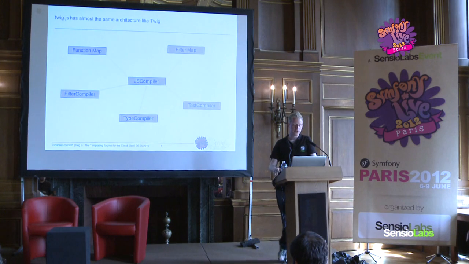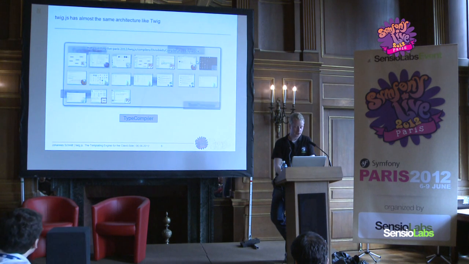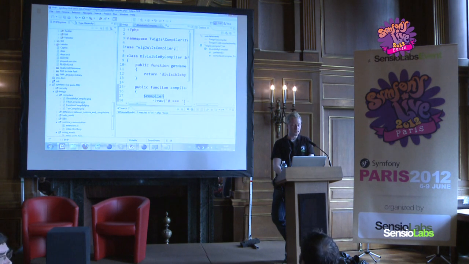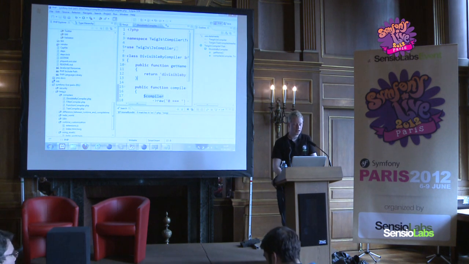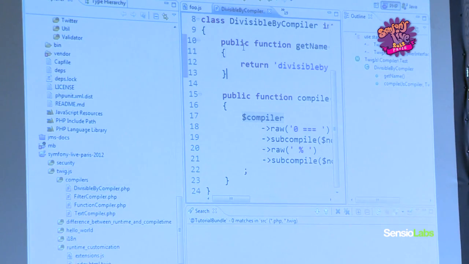These are a bit different from the compilers because it's basically just a map. How do we translate the string name like trim into a JavaScript function name? So this is really just a map of strings to strings, and it's basically looking that up in the map and then writing that function in the code, like you have seen before, where we had